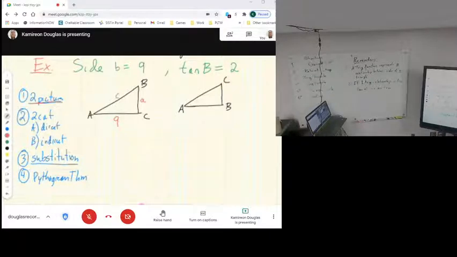Now you might notice that this case, I have tangent equal to one number, not a fraction. We're going to have to fix that. So my first step, I need to fix this tangent. I do so by using a property of algebra, which states that anytime I have a single constant, like 2, I can turn it into a fraction by putting it over the number 1. So I take 2 and turn it into 2 over 1. This is useful because remember, tangent is defined as being opposite over adjacent. So now I can go to my second picture,